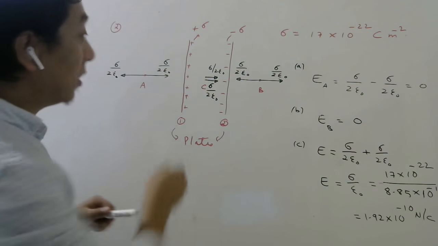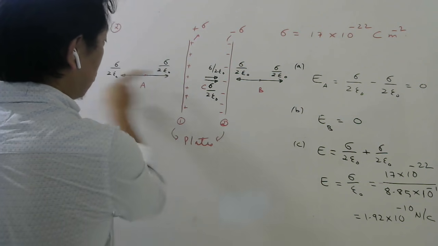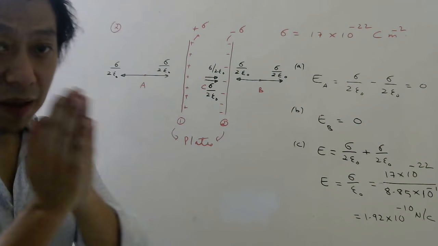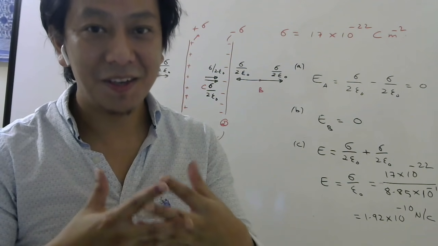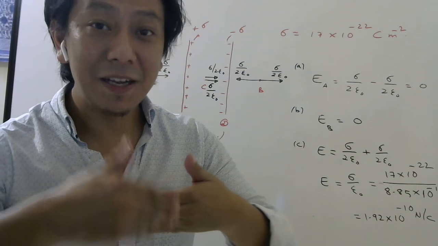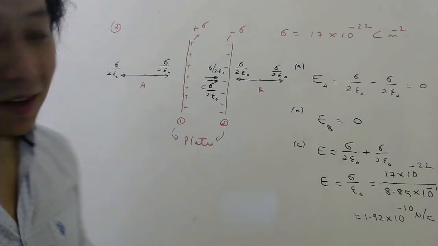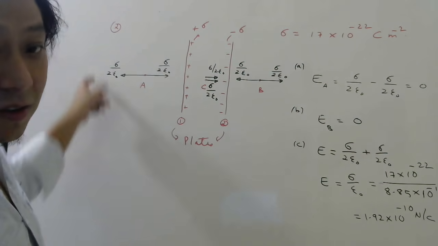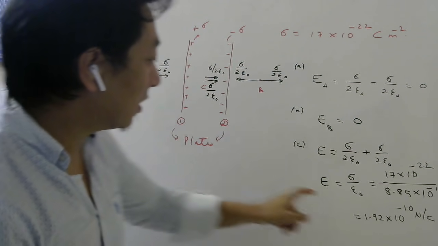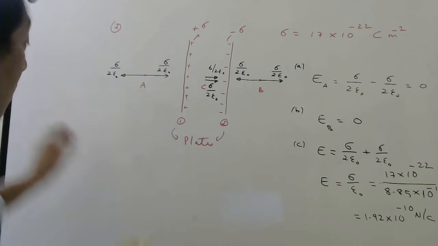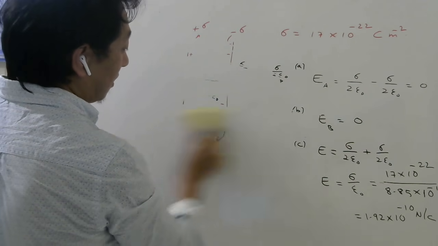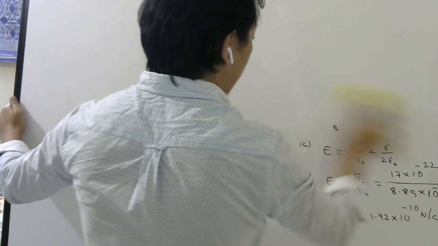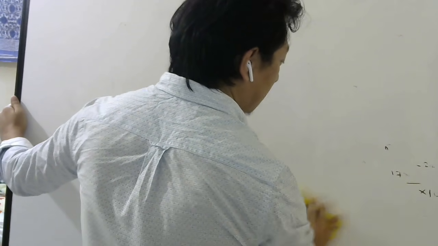Okay, students. So remember, due to plus it is away, due to minus it is towards. And since it is a sheet of charge, the magnitude of the electric field will remain the same independent of distance. How far you are, it doesn't matter. So whether here, everywhere it will be 0 here. Here everywhere 0. And in between everywhere it will be sigma by epsilon naught. For this, what is the condition? The condition is the sheet of charge should be very large, so that we can use the formula of an infinite plane sheet of charge.